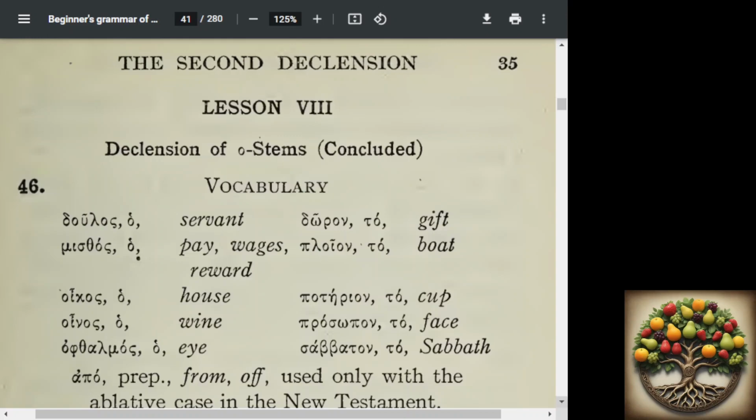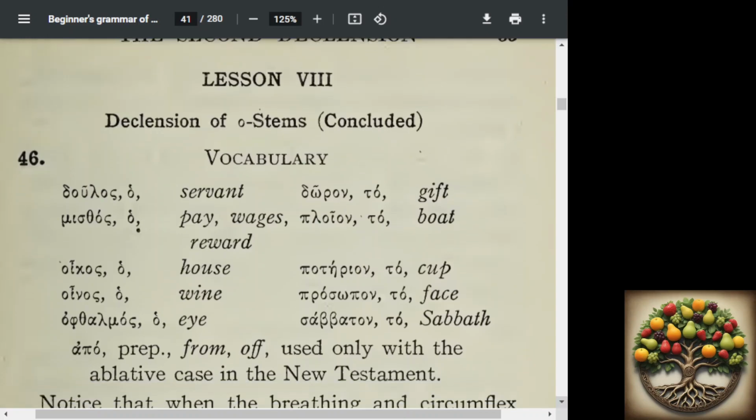We also have a preposition here, apo, and it means from or off, and it is used with